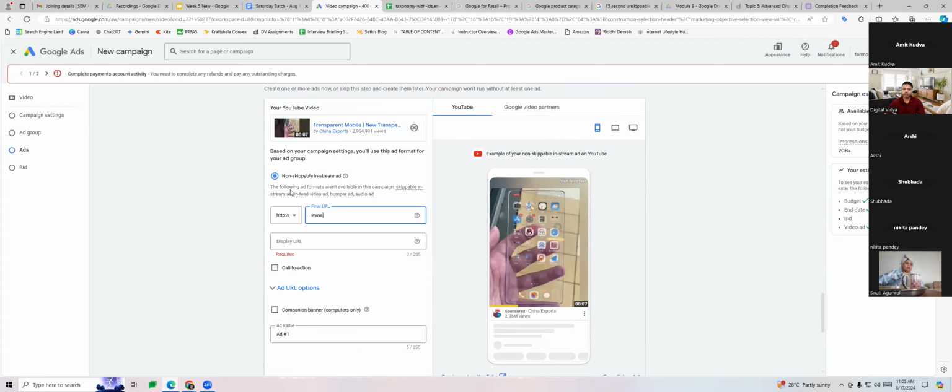Do you see what it says over here? The following ad formats aren't available in this campaign. Why? Because we have chosen brand awareness. And we chose 15 seconds non-skippable. That's why the rest of these can't be created here.